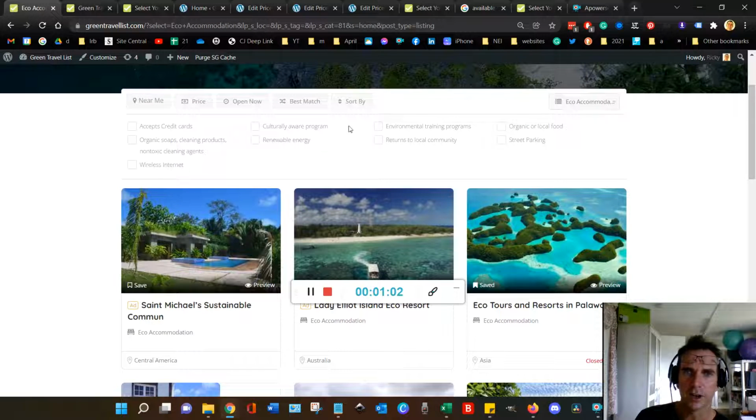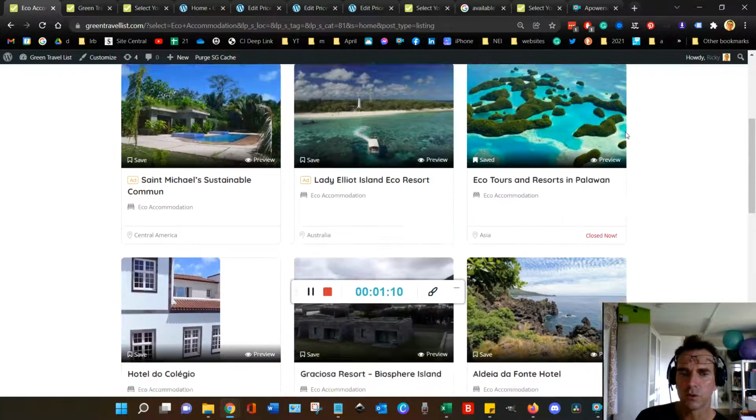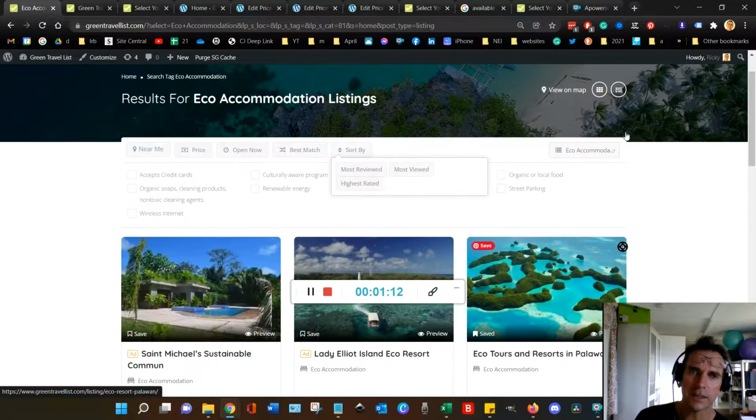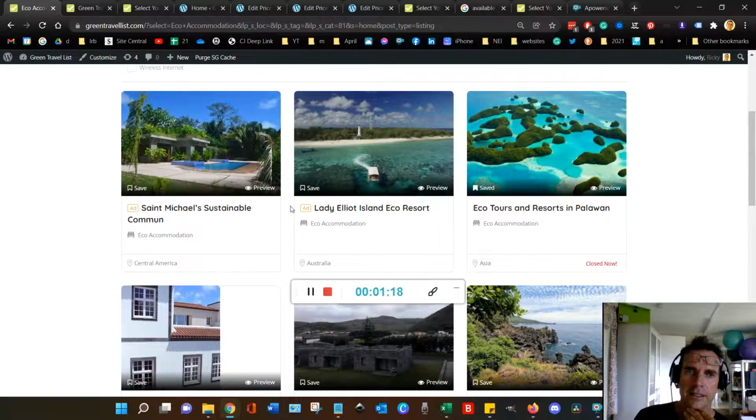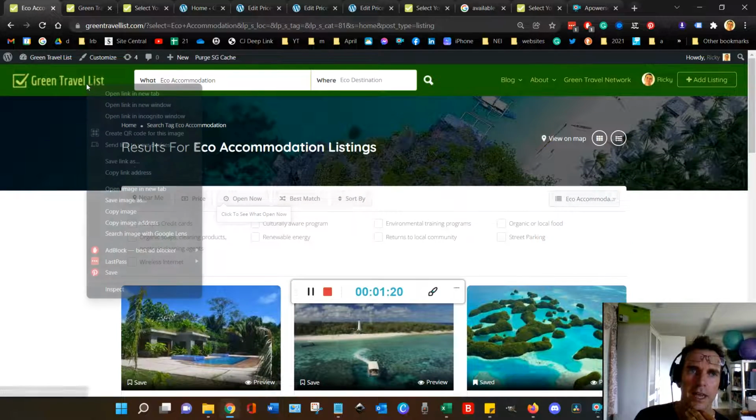These are kind of like search parameters. You can search by price, open now, best match, sort by reviews, whatever. And depending on the input that's been put there in the listings, you will get a search result. And if we go back to the home page,